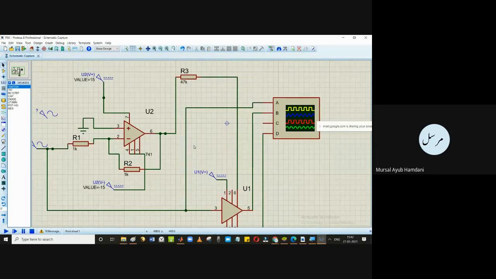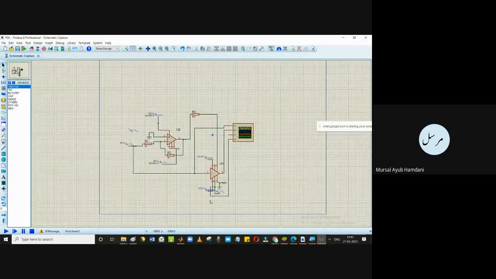Because what we need, when the pulse is high, we need one value of phase, and when it goes to 0, we need another value. So these two values of carrier we are putting in this IC at 3 and 6. In the frequency modulation, what was there at 3 and 6? The lower frequency component and the higher frequency component. Here we have at 3 and 6 the proper phased carrier and the 180 degree out of phase carrier. These two carriers we will need accordingly, depending upon our pulse.